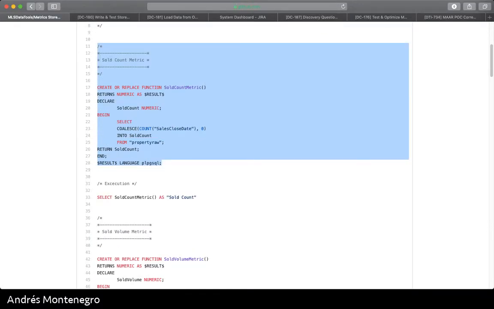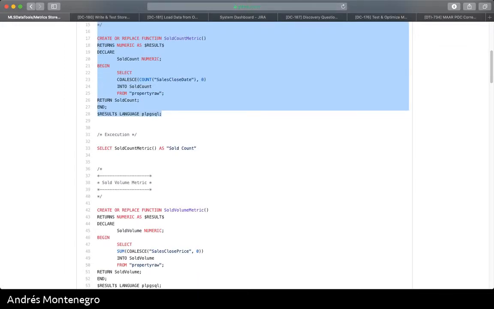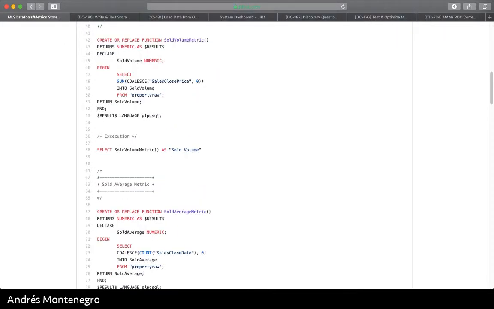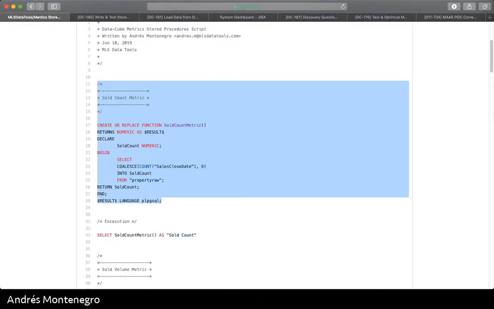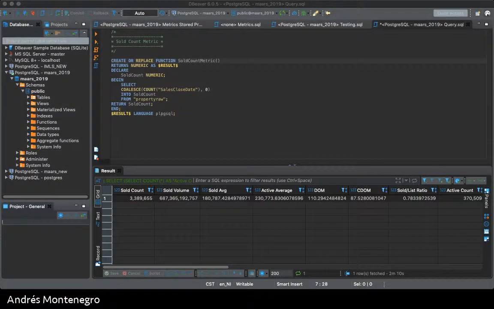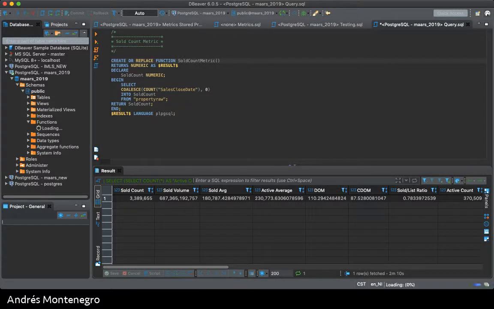over here. We just copy. We got the sold count metric, sold volume metric, sold average metric, and we would copy each and every one we want to create into the database. We execute it, and we will see that the function is created and is located in the functions folder. So I already created all of the metrics, so I have all of the metrics here inside the functions folder,